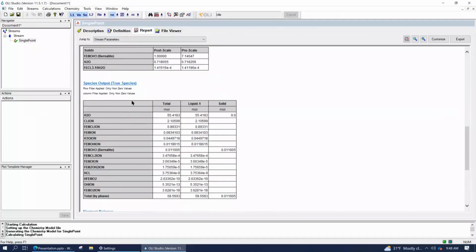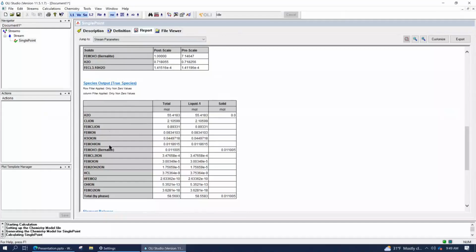And then below that is the species output table. The species output is essentially what we know as the speciation. If you could look in that water to see how much of different species or components existed, this is what we're calculating exists. We have so much free water, so much free chloride ion, so much of the iron chloride complex, so much of an iron hydroxide complex, etc.